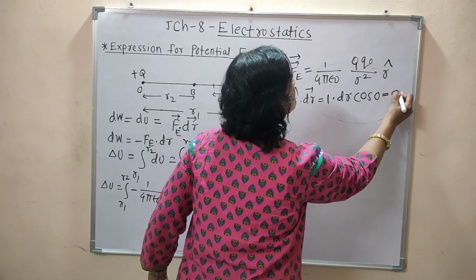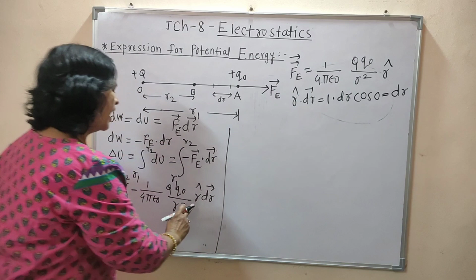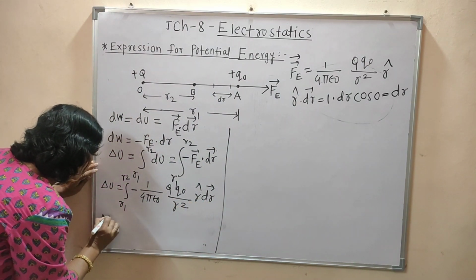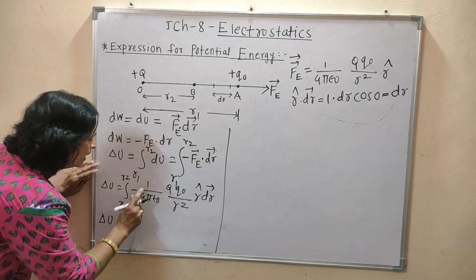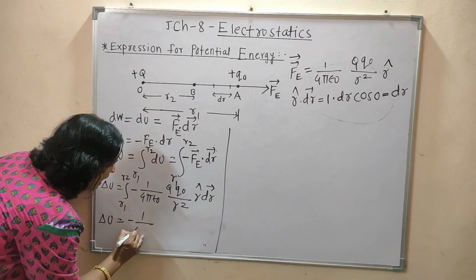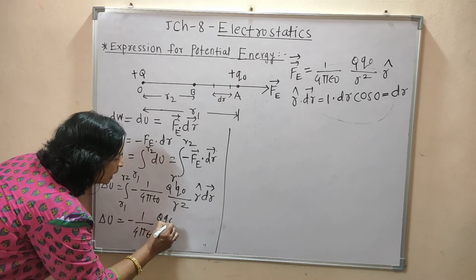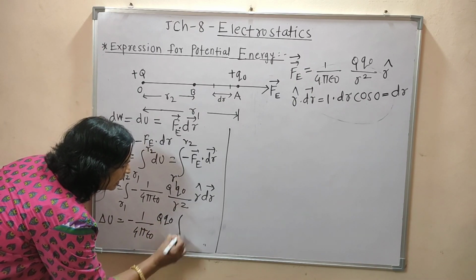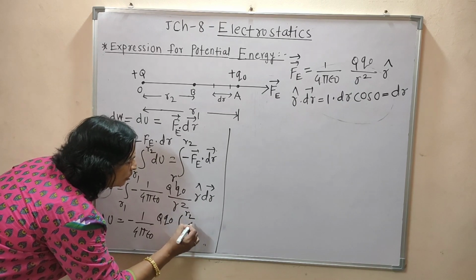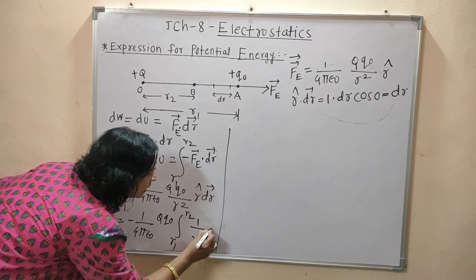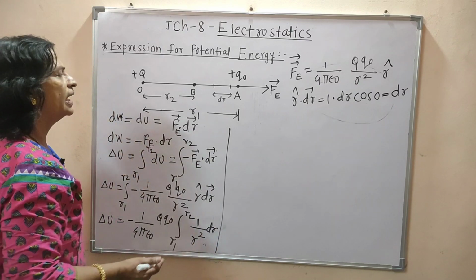So r cap dot dr becomes dr, and delta U equals minus 1 by 4 pi epsilon naught Q into Q0, which is constant, and the integration within the limits r1 to r2 of 1 by r square into dr, and that is nothing but,